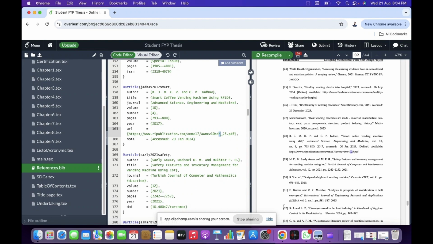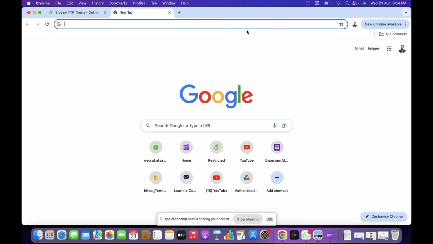Then the third thing is that whenever you have a website that you have to refer to, or any other book that you have to refer to, always don't try to make the BibTeX entry for it yourself. Don't try to make the information of the reference within the BibTeX yourself. Rather, you can go to, let's say,